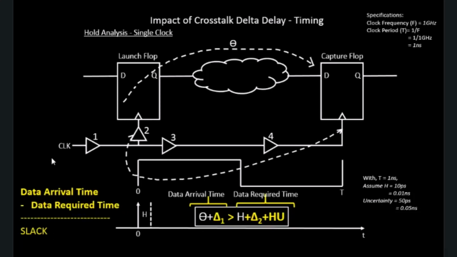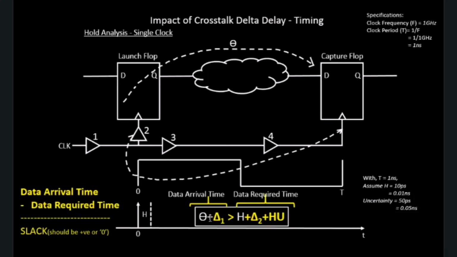In case of the setup analysis, the slack definition was a bit reverse. It was data required time minus data arrival time. In this case, it's data arrival time minus data required time. It's just to maintain the industry nomenclature of slack. So we expect slack to be positive, or it should be 0. Basically arrival time should be greater than the required time, or it should be equal to the required time, but it should not be less than the required time.